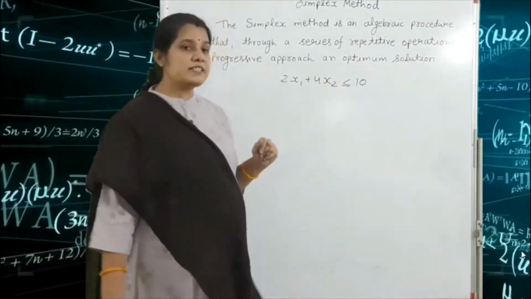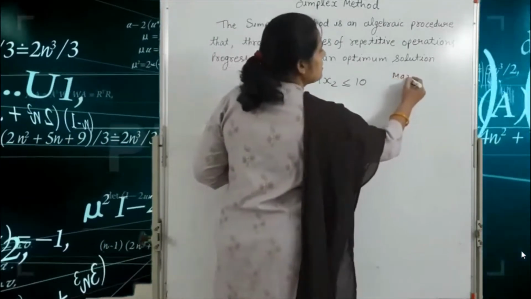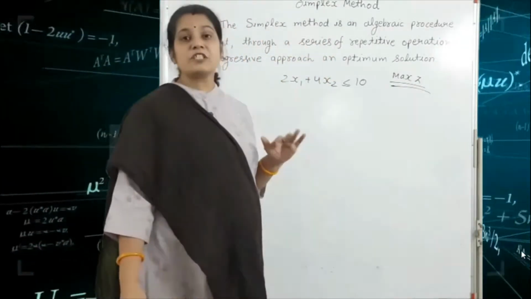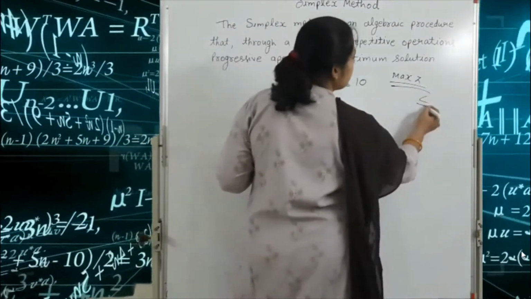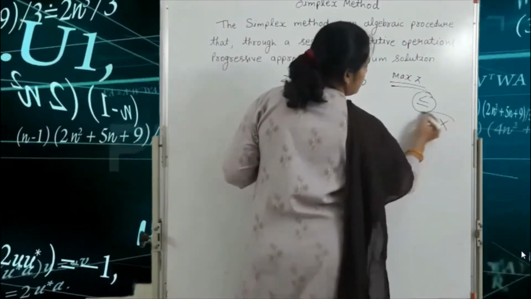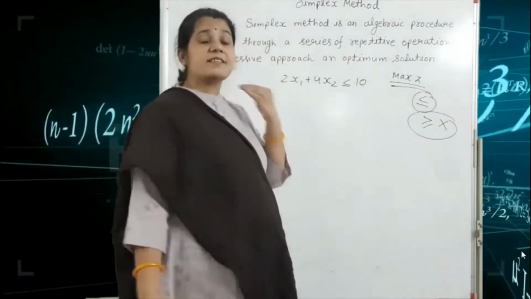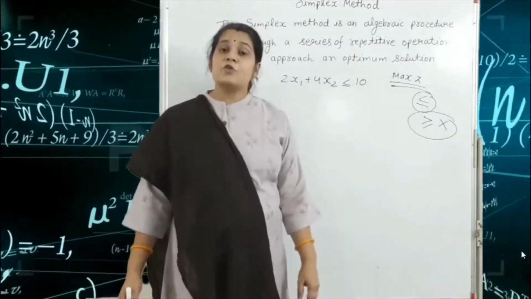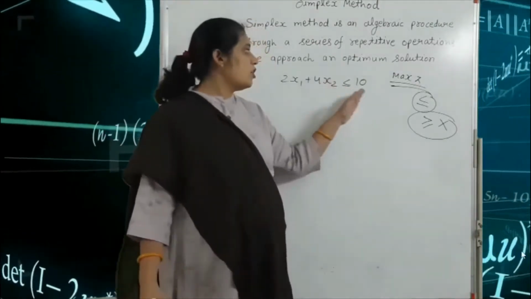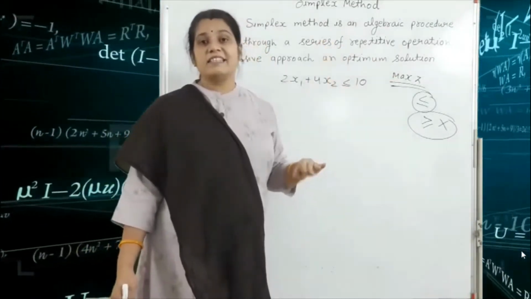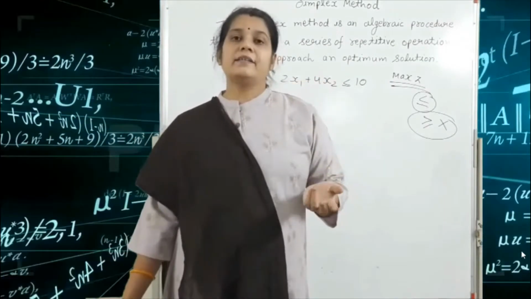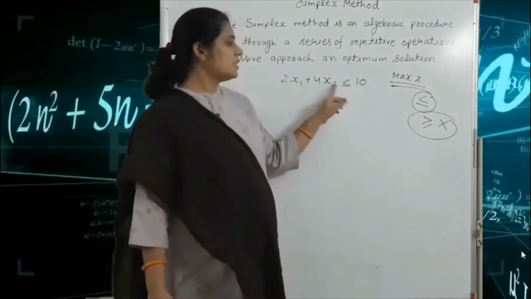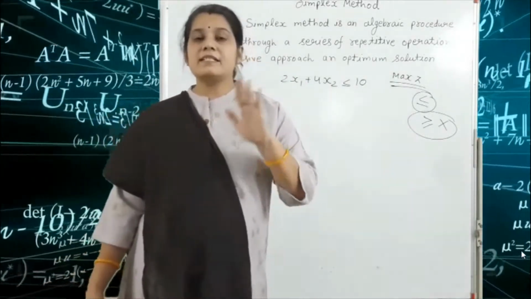Okay, one important point is that the simplex method is always used for the maximize Z form. Always, the subject to constraint equations have the inequality less than or equal to sign, not greater than or equal to sign. If in the simplex method our constraint equation has a greater than or equal to sign, we can't use the simplex method here. This type of question is solved by the dual simplex method. Got it? So first we check that the inequality is always less than or equal to type in the simplex method.